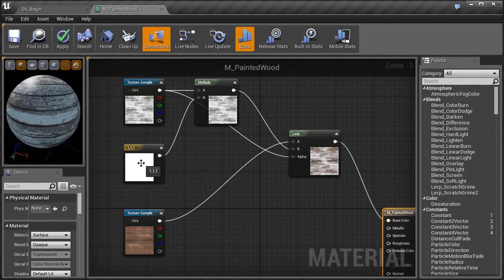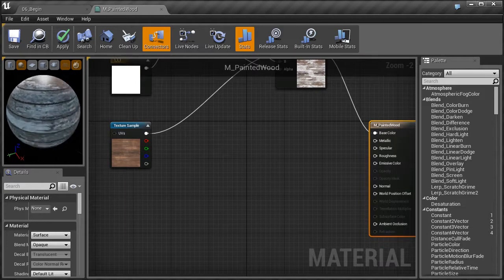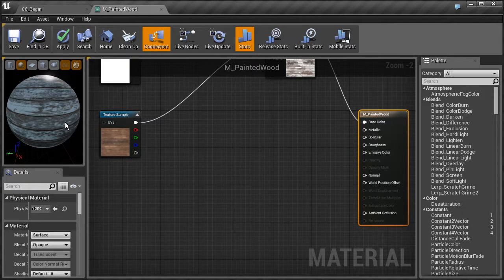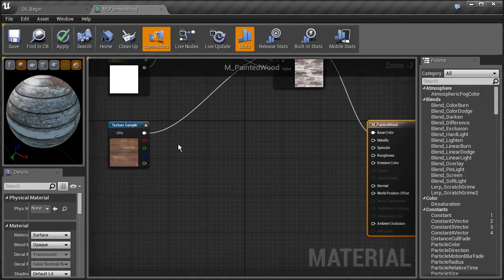And we can change this value here. This is going to be our paint color. We could change that to any color that we want. But I want to add just a little bit more to this texture. And I want to add some roughness to it, and I also want to add a little bit of specularity to the paint color. So to do this, let's go ahead and bring in the spec map that I have